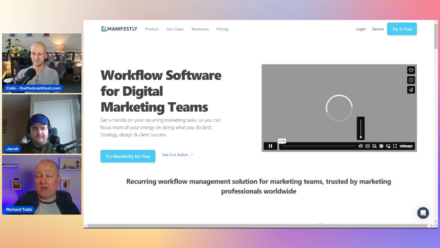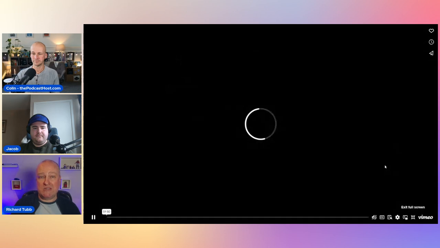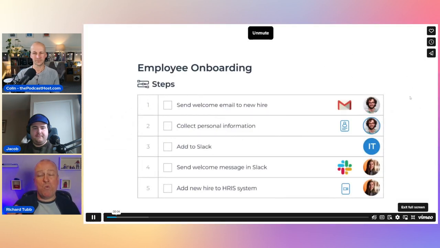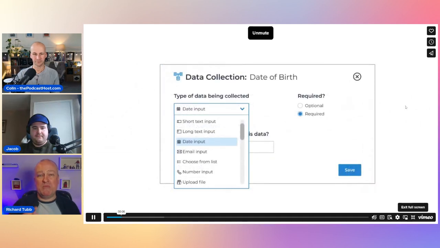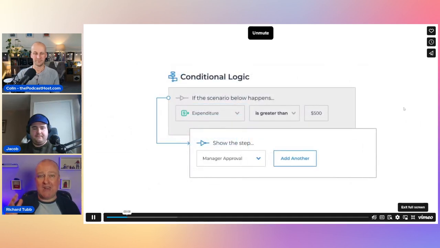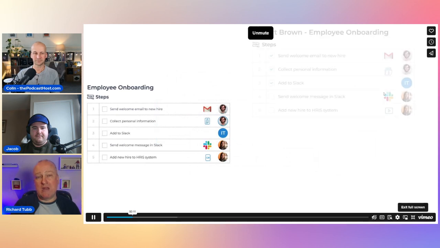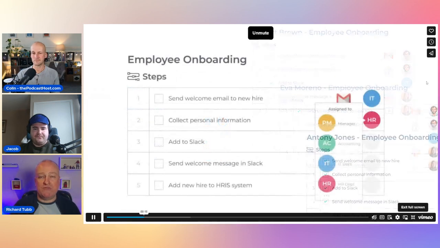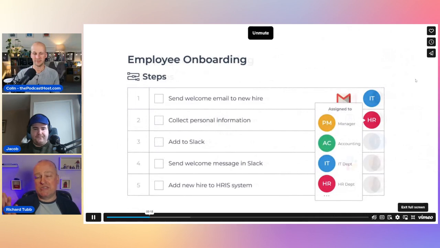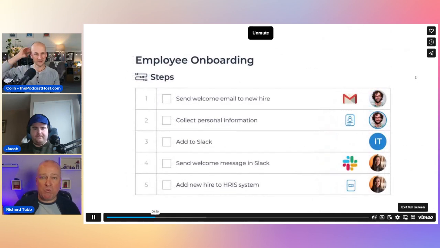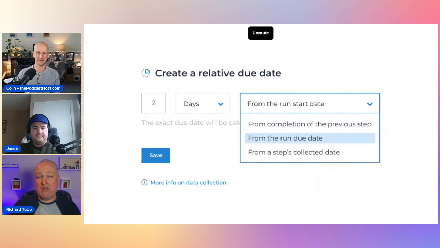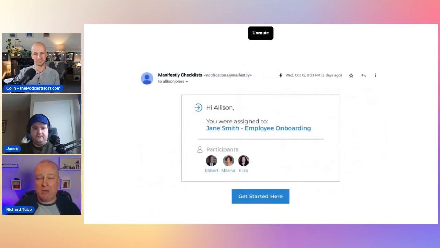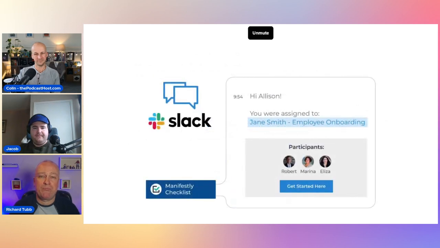And we use it for the content creation, but we use it for all aspects of the business. So if we've got a tax return that needs doing or an invoice that needs raising, whatever it might be, anything that's going to be done again and again and again repeatedly, we end up creating a Manifestly checklist for. And out of the box, they give you loads of different checklists that you can use. You can see some of the ones on screen there. Employee onboarding, we use it for that. But if you've got any business where you need to do things consistently, repeatably to a high level, Manifestly is a really good tool. Yeah, that's great.